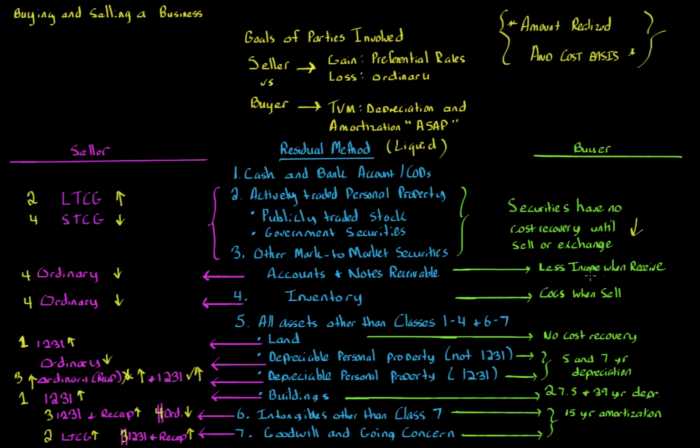All right, next, accounts and notes receivable. So with accounts and notes receivable, the idea is that if we value these high as a buyer, when we collect on them, we don't report as much income. So this is actually an income deferral measure. So we actually want to value this as high as possible because we don't want to have to report income, because the idea is that under a general or a reasonable assumption in accounting,